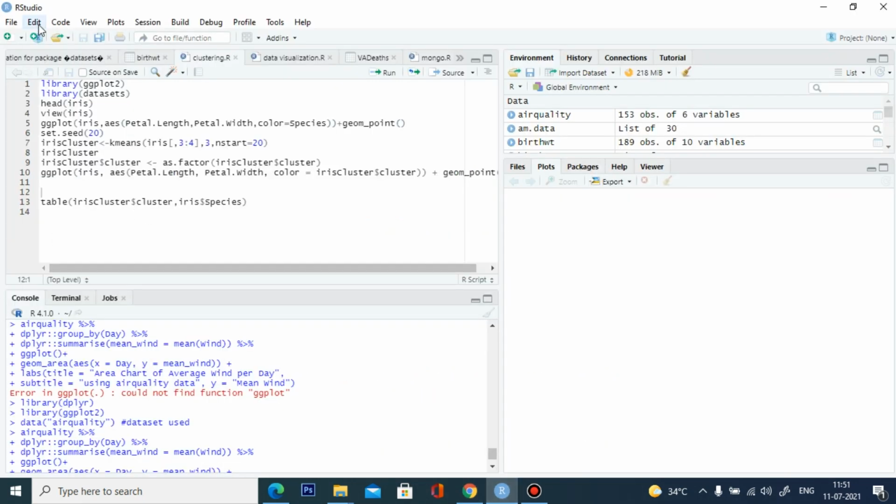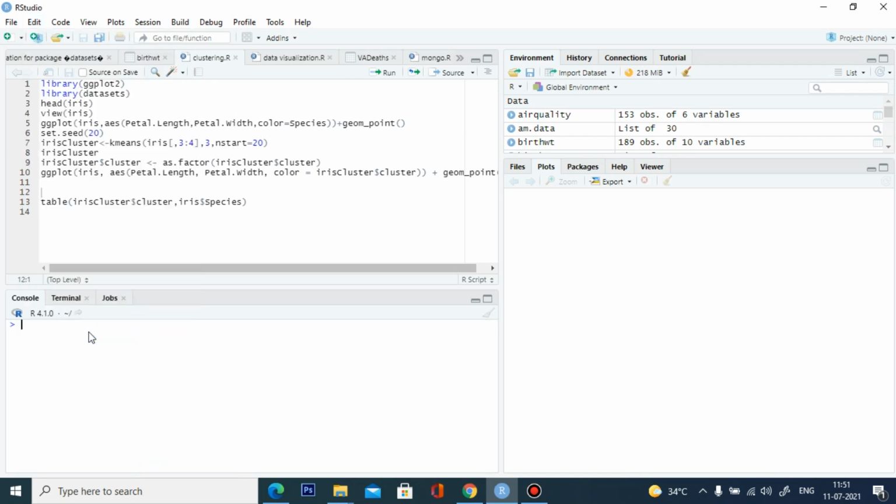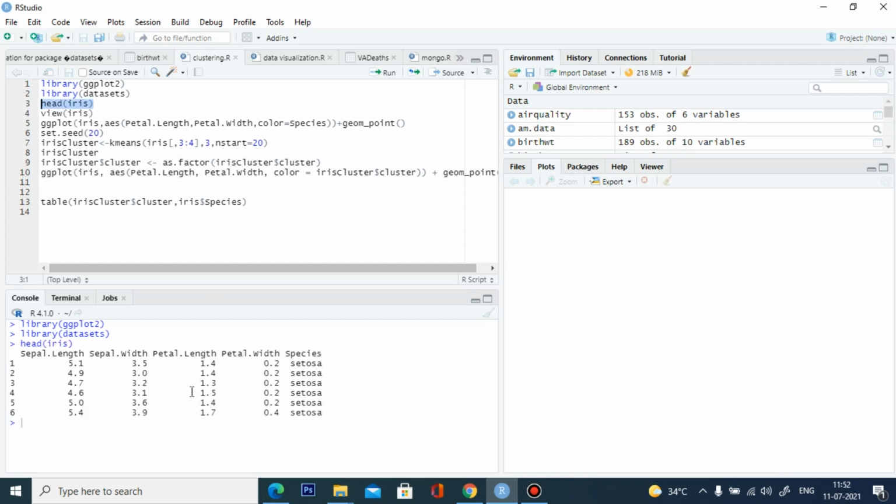So I am going to clear the console. In our k-means clustering we have to install the libraries ggplot2 and datasets. Then we are going to make the clusters using the iris data. We already know what the iris data is. This is the iris data, which has 150 samples and 5 variables: sepal length, sepal width, petal length, petal width and species.